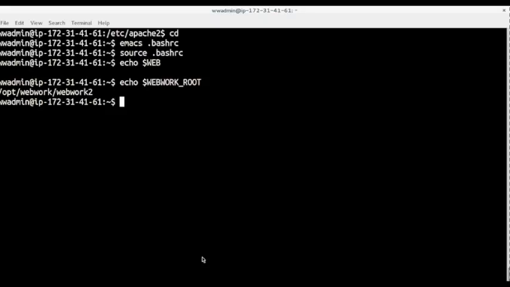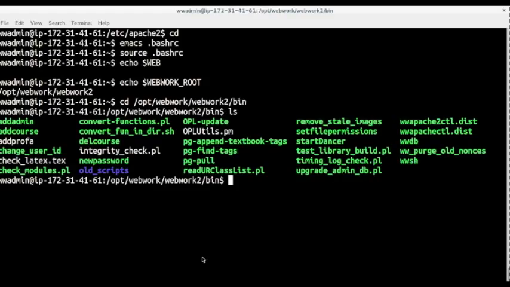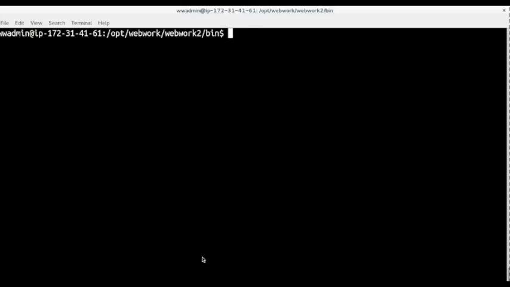One of your friends, when you're trying to figure out if you've done everything you need to do in a WeBWorK installation, is going to be a little program called checkmodules.pl. If you've done your setup, you can just run this from anywhere, but this guy actually lives in this folder with all of the other scripts that are useful as a system administrator for WeBWorK. If I run